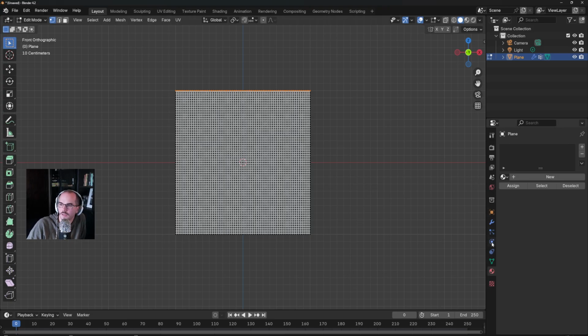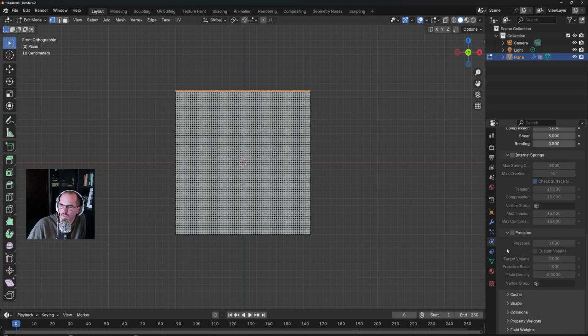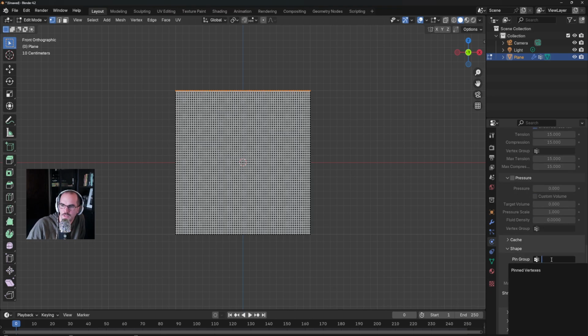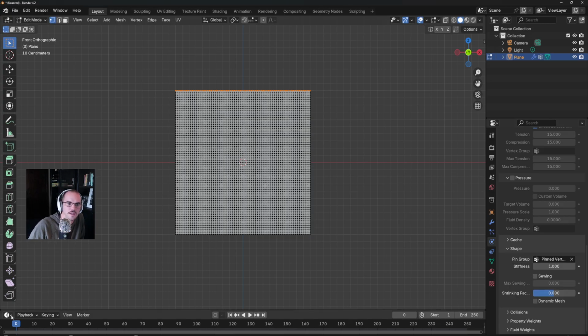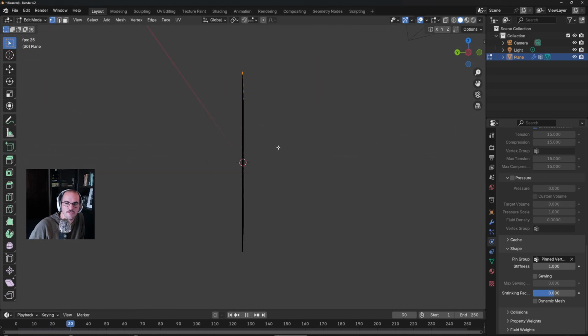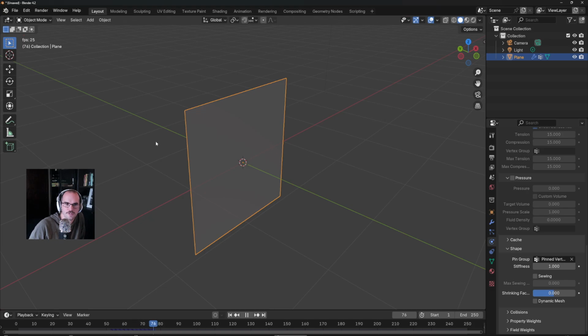I have to go to my particle properties, and within cloth, if we go way down, it's here in shape. And we have pin group, and we can say pinned vertexes. And so now when you play this, it's not going to fall. It's just going to do nothing because there's nothing in here. So before we actually wave this flag, let's just see if we can figure out how to make a